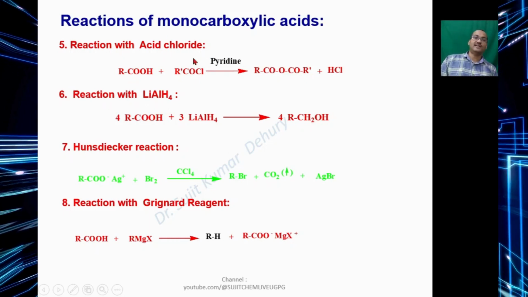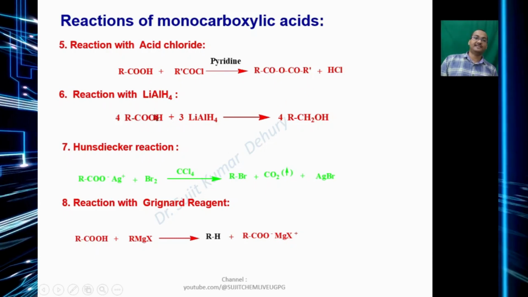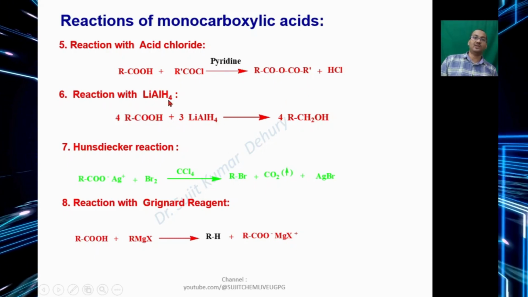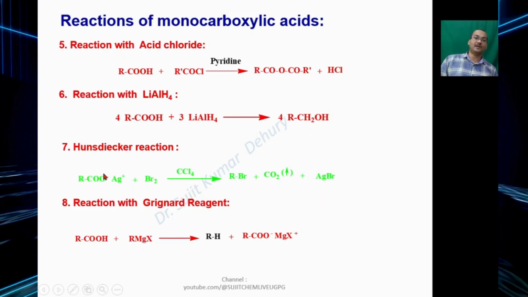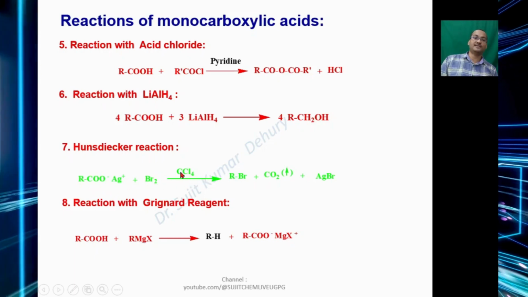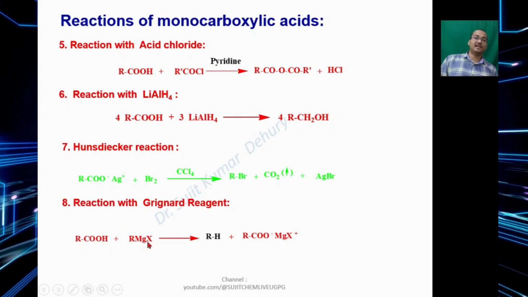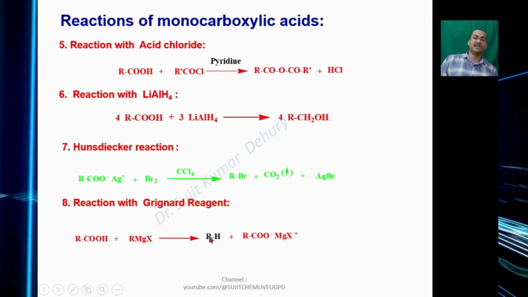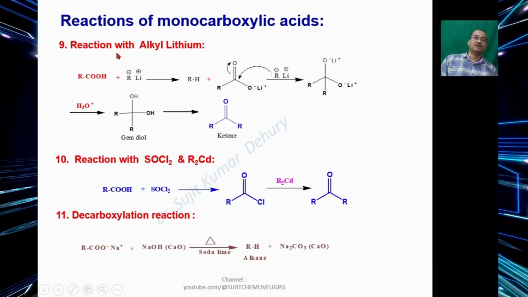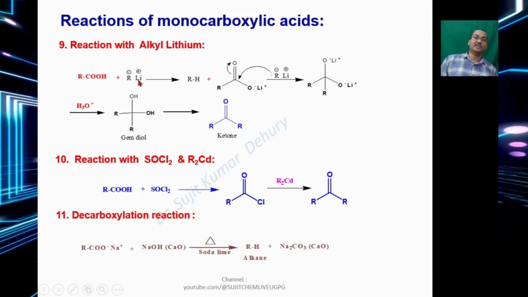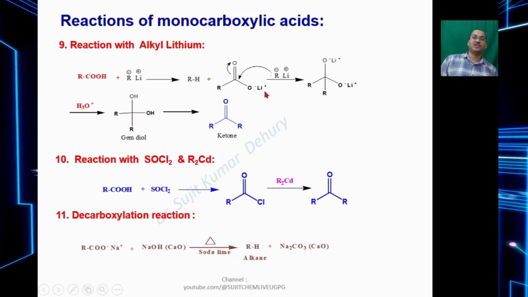Then acid reacts with acid chloride in presence of pyridine, giving rise to acid anhydride. Similarly, acid can be reduced by lithium aluminum hydride, giving rise to primary alcohol. Similarly, the silver salt of carboxylic acid reacts with bromine in CCl4, giving rise to alkyl halide, RBr. Similarly, acid can react with Grignard reagent, RMgX, giving rise to alkanes. Then acid can react with alkyl lithium, R minus Li, giving rise to RH plus the lithium salt of carboxylic